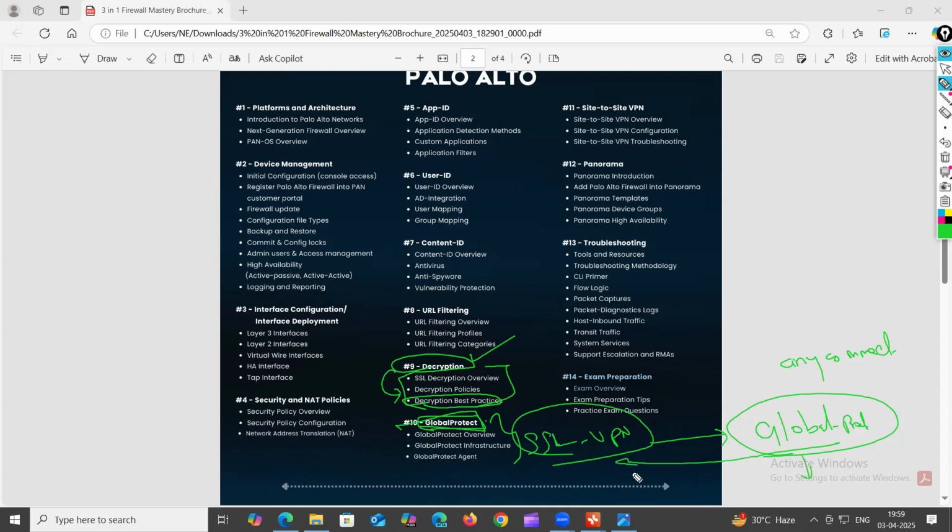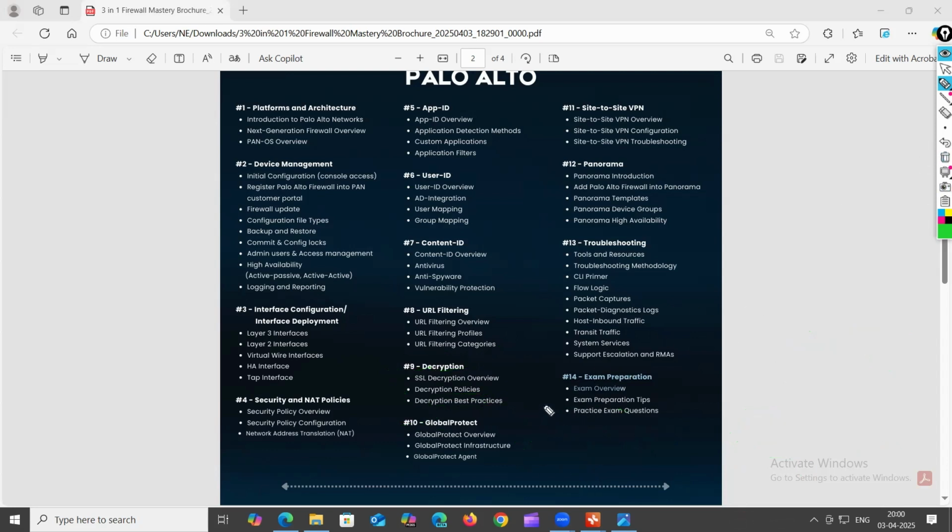On the other end, a Palo Alto firewall is there. If you see AnyConnect, that is a Cisco product. If you see GlobalProtect, that is a Palo Alto product. So it is the Palo Alto SSL VPN application. How to implement SSL VPN, what is the GlobalProtect application, how to download and configure it, everything we will see under SSL VPN,